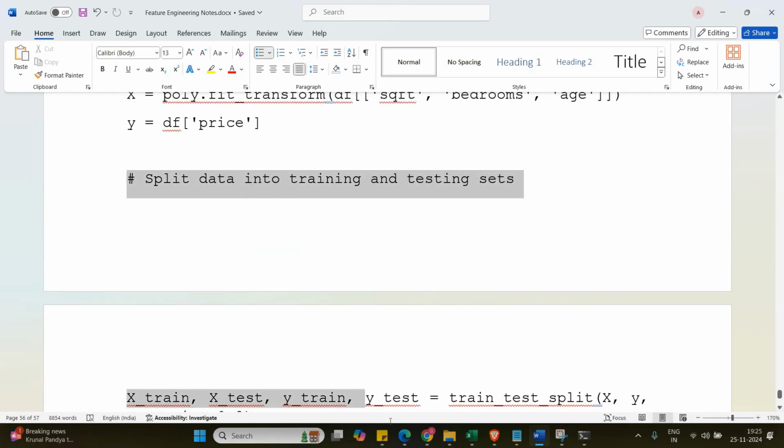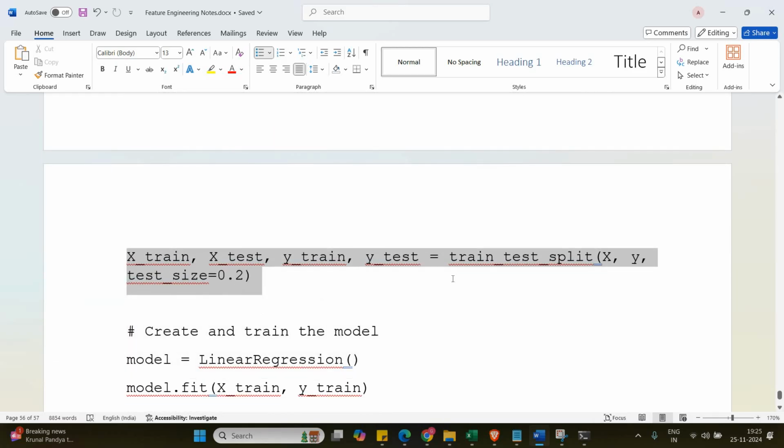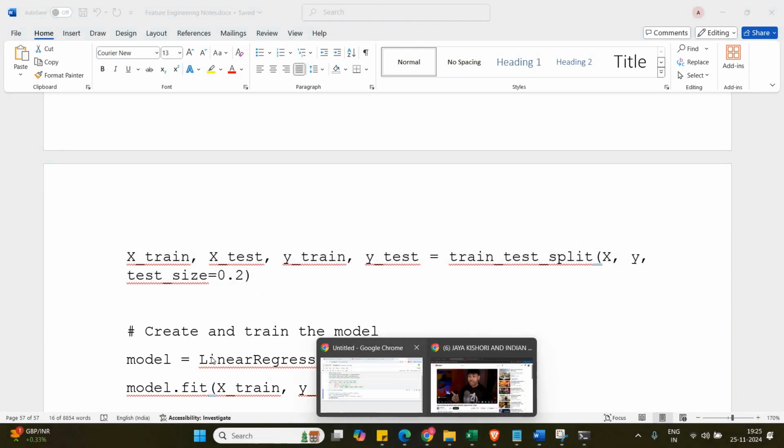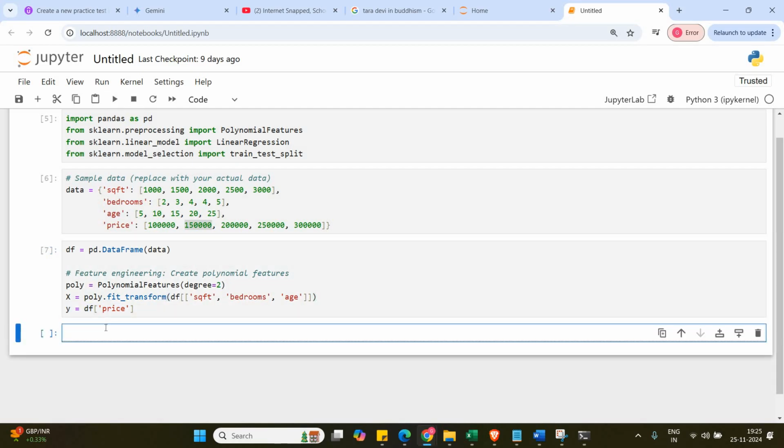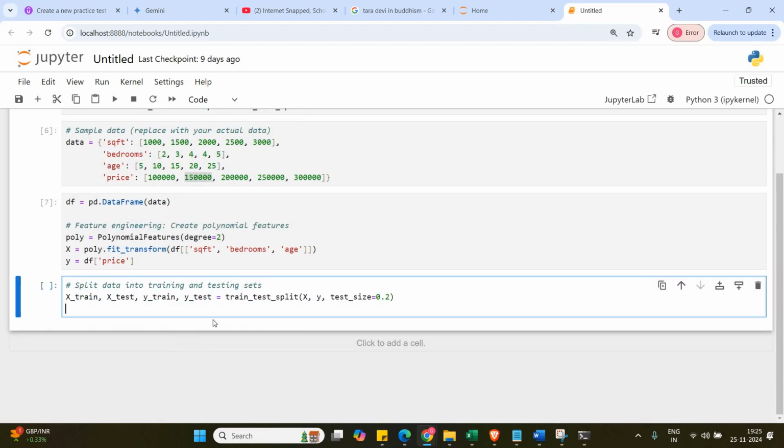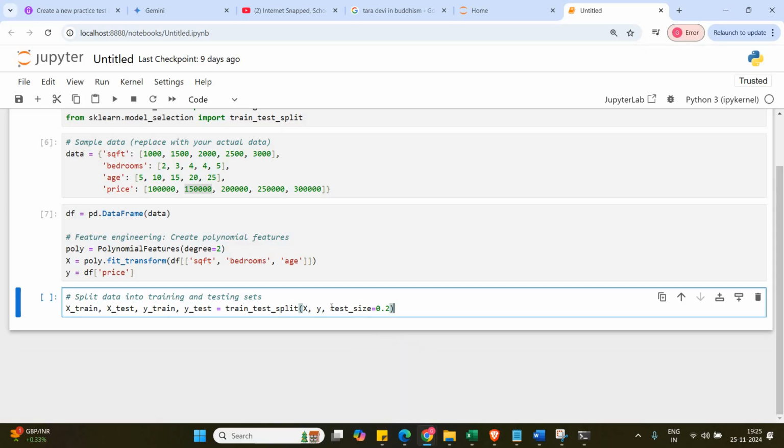do this. So I'm splitting the data into training and test set. So let us see what this means. So I'm going to add here. Yeah, this is fine. So now I'm splitting the data into training and test set. So you can see the test size is 0.2, which means that not all the data I'm using here will be used for training. Basically, some part of data I will use for training and the rest I will leave,